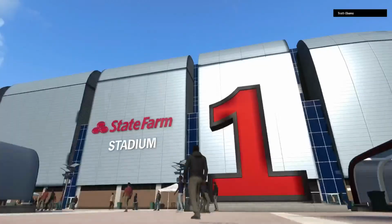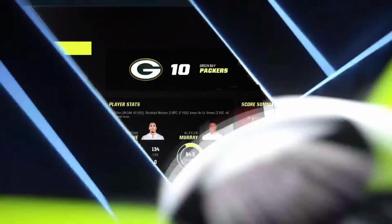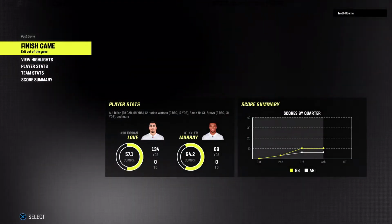So for Green Bay, the great run they've been on continues as they move to 9-1 now. And they'll head back home next week to take on